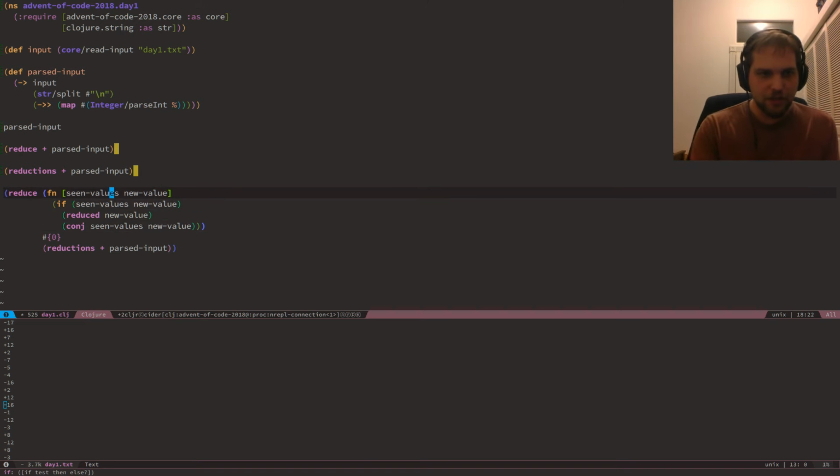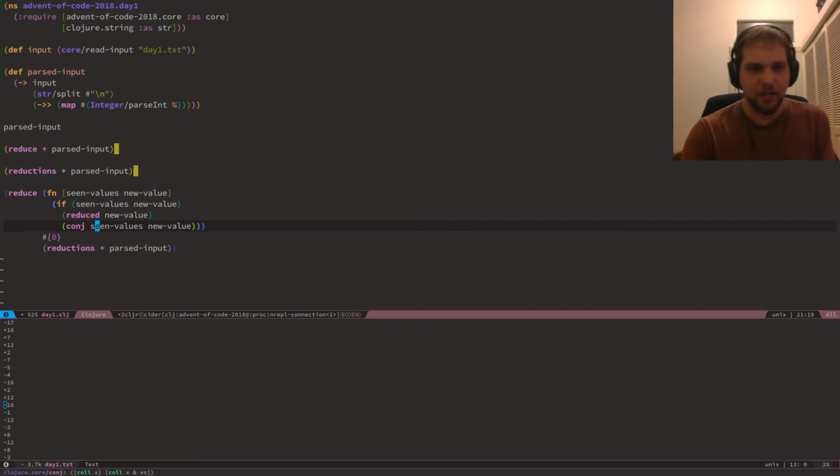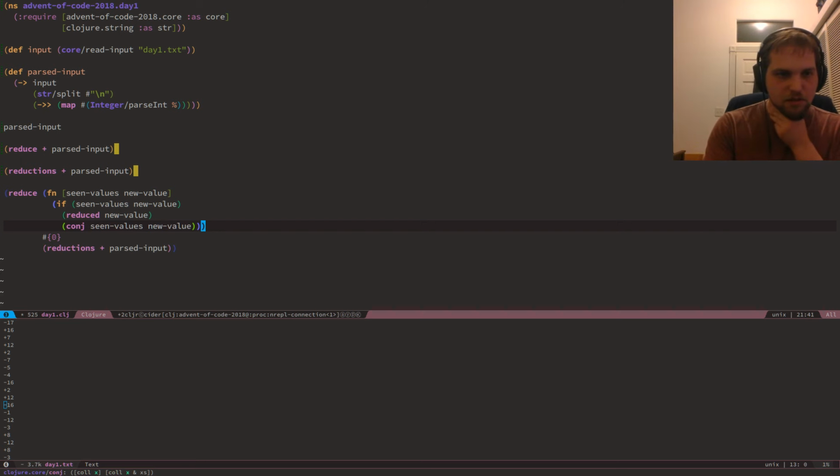So if I see the new value, the list of scene values, I grab that. Let me vet the signature of Conj, because it has been a very long time since I last used Clojure, and I might have easily swapped my arguments around. No, yeah, Conj takes the collection first, and the value to add to the collection second.